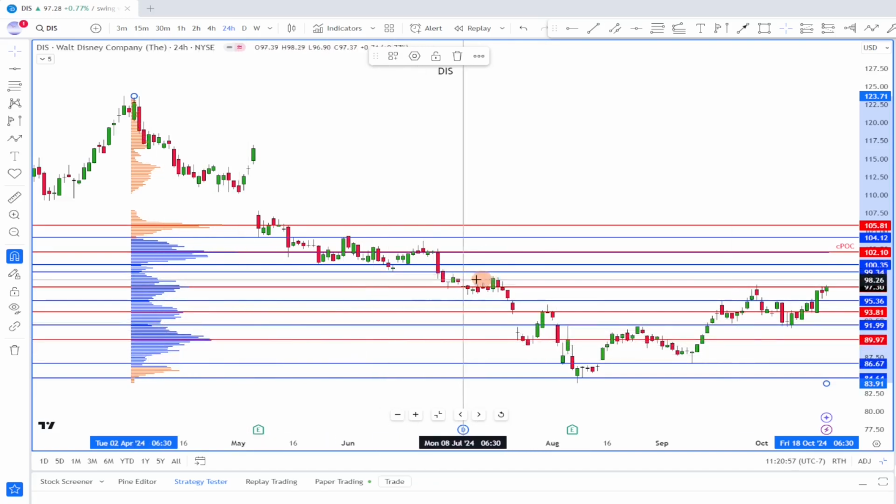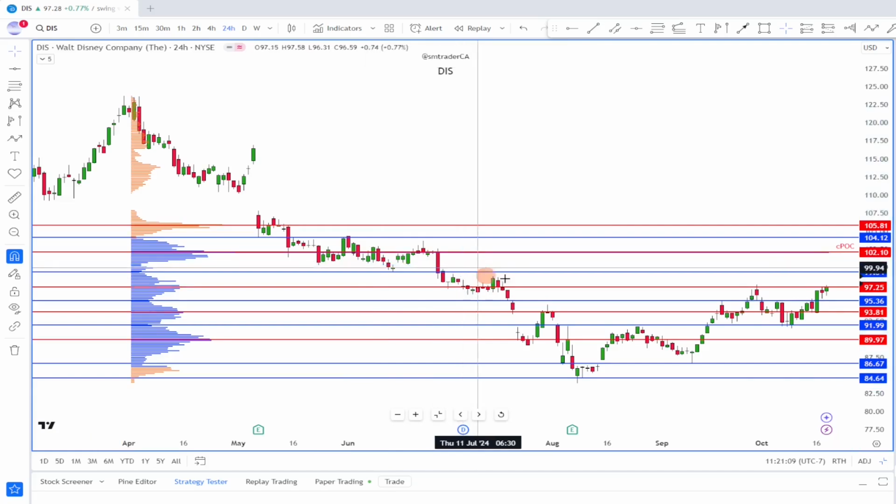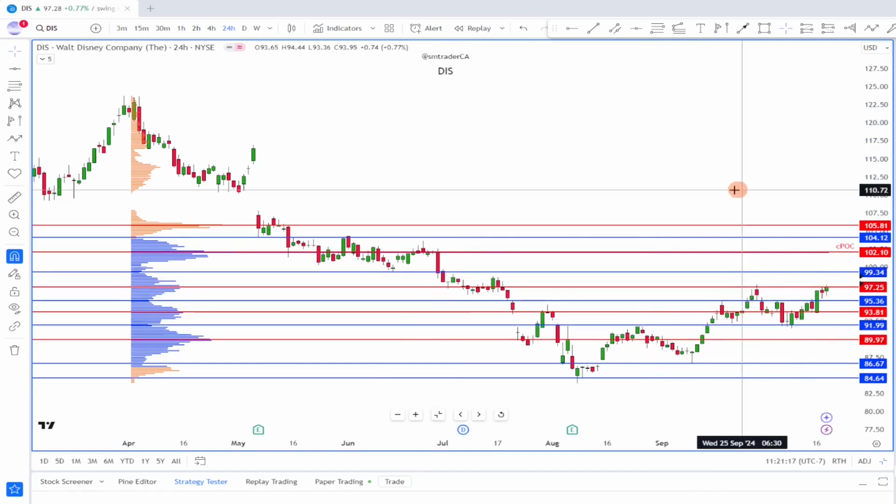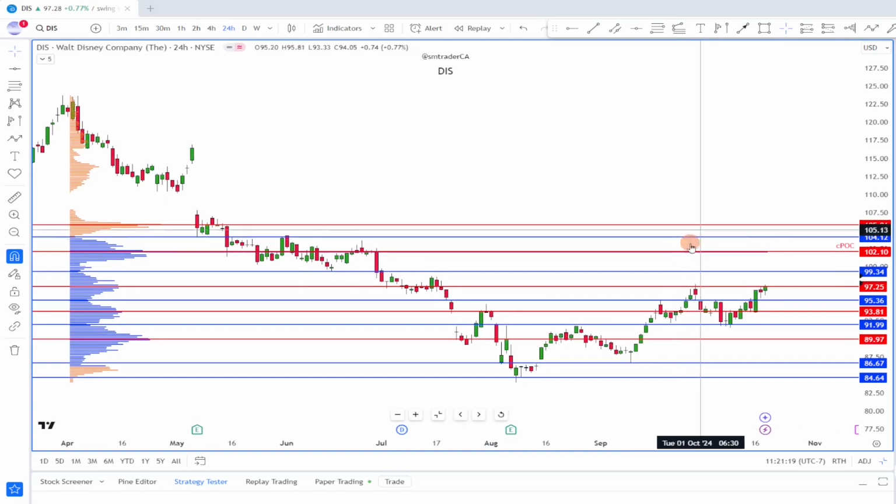So right now we got a little cluster here of these levels. So that might be a little bit too close. And I'm going to use these levels here instead of this one right here. Now, if I'm wrong, then I'm basically just wrong by maybe a point or so. So we're basically looking for these levels now. And here, if I were to come up with some sort of scenario to see where the price